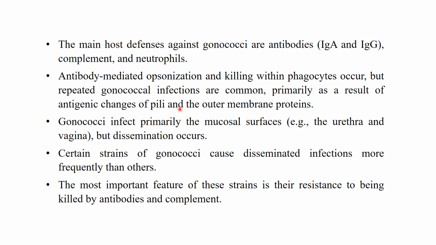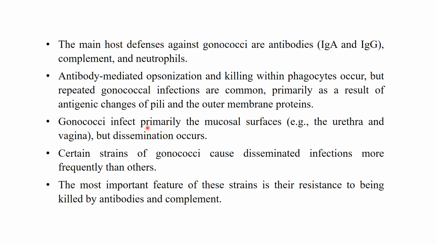Outer membrane protein और pili चूंकि अपना structure change करते रहते हैं, इसलिए इसकी वैक्सीन भी अवेलेबल नहीं है और इसकी पैथोजेनेसिस बहुत स्ट्रांग होती है. Sometimes the bacteria having the pili of one type can infect, and the other type of bacteria having the pili of the other type infect, so immunity cannot help in the eradication of all types of gonorrhea.